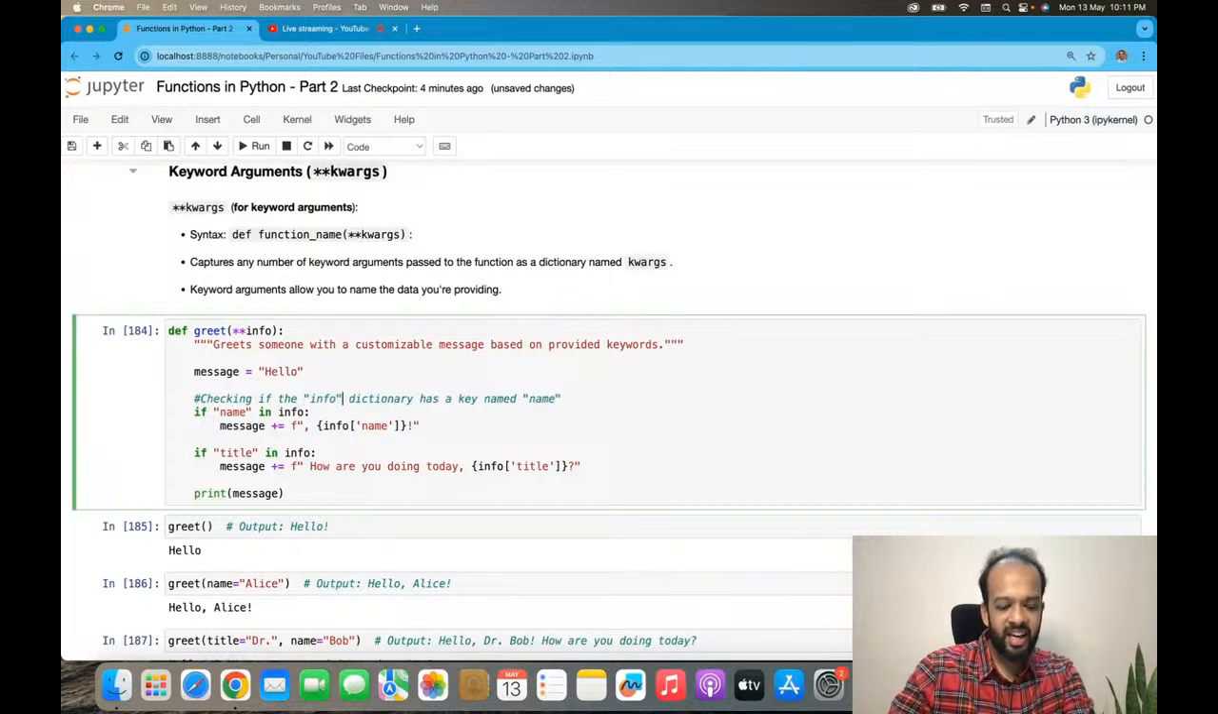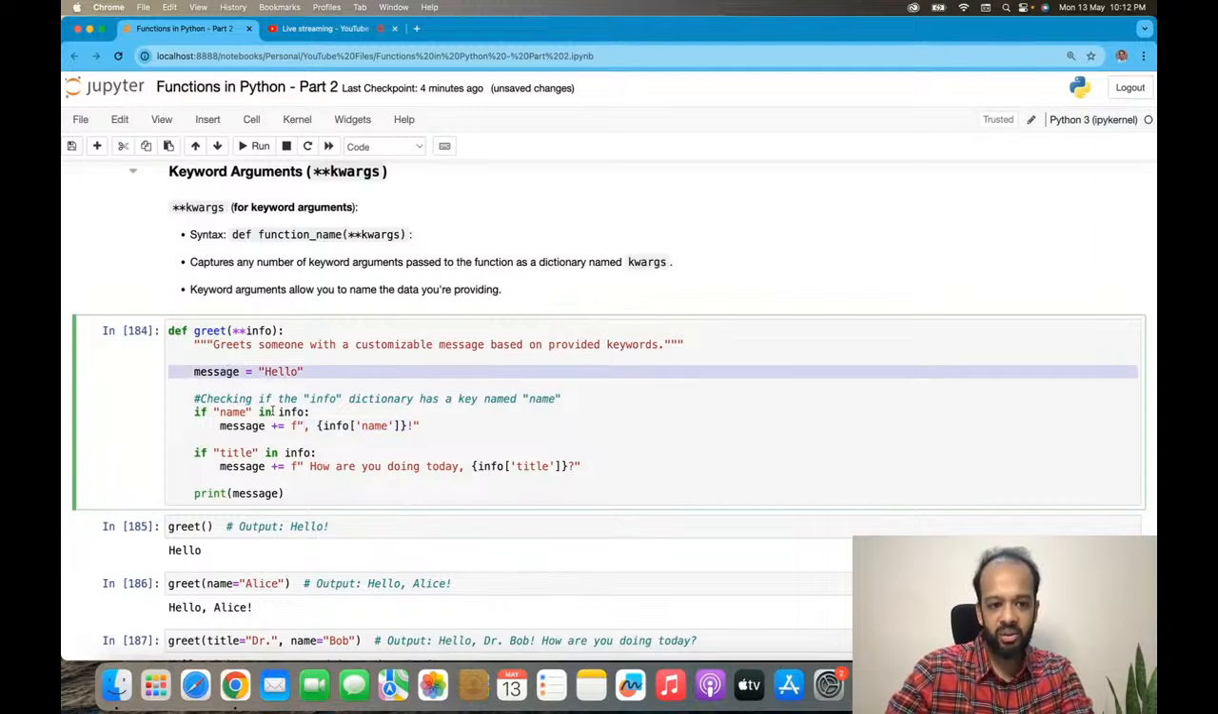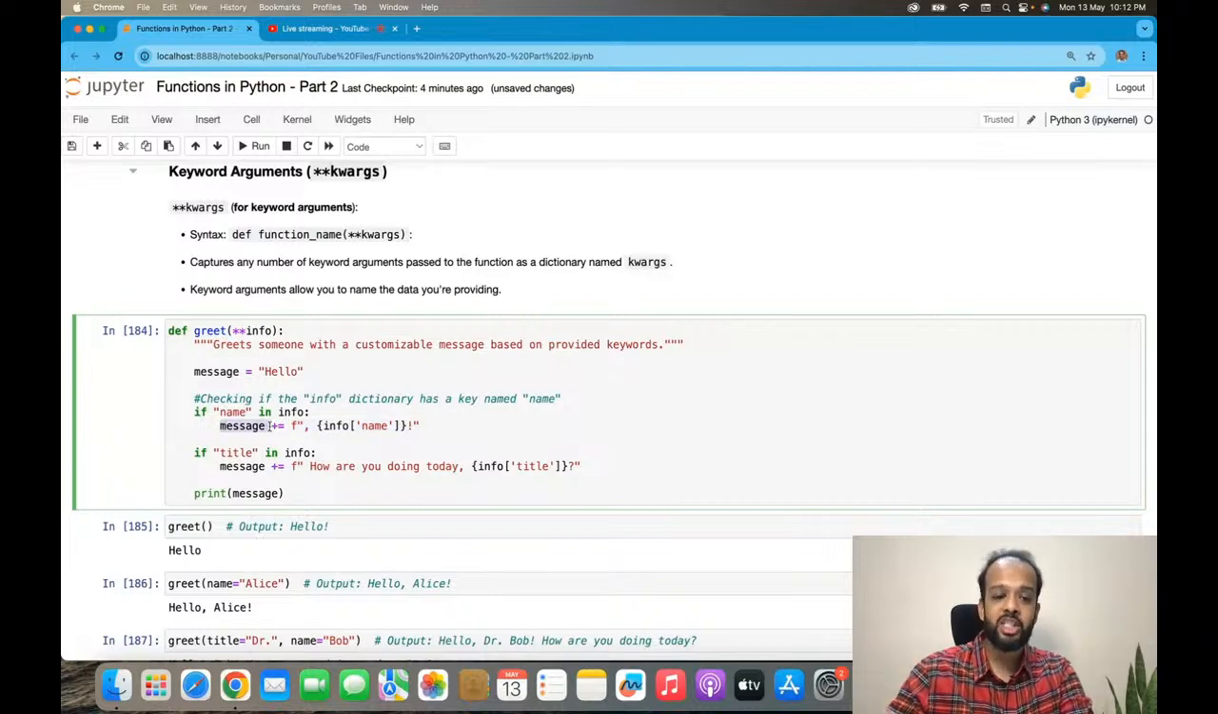right? And if it has that key, then you're trying to find out the value of that name from that info dictionary. So message plus equal to, and this f string, it's basically adding a string to hello. Your initial message is hello, and then message is equal to message plus this f string. Remember, because strings are immutable, that's why you have to do message is equal to message plus this new string, which will only get executed if name is there in the keyword argument that you have passed,